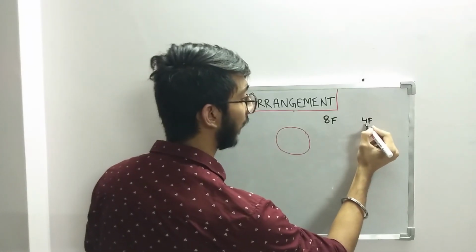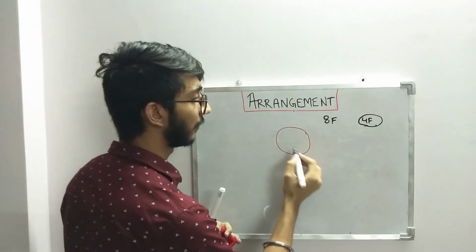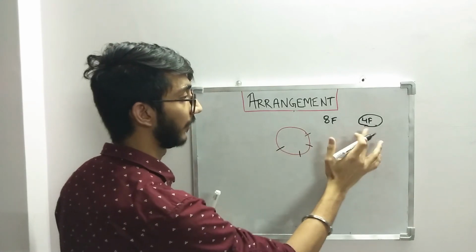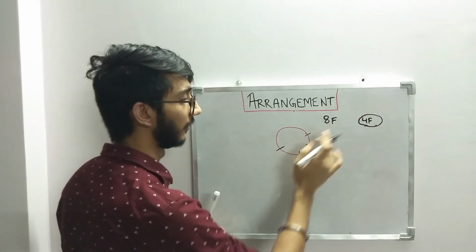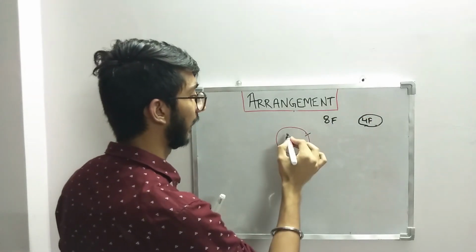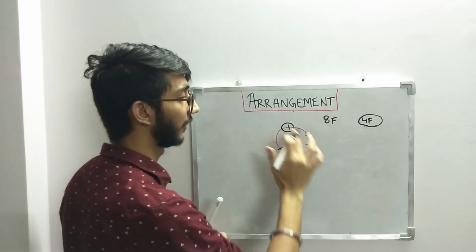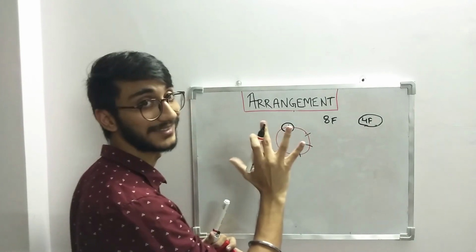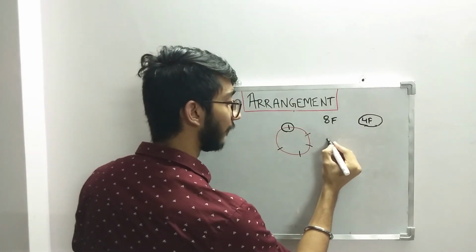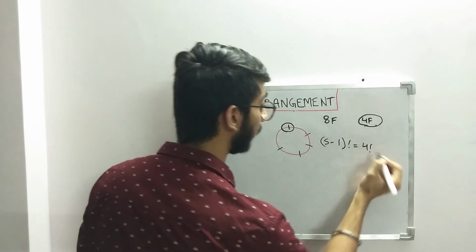Four flowers have to be together always, right? So again, if I draw the places, I will have 1, 2, 3, 4, because 4 have to be together, so left over are 4. So 4 will be here, the 4 places are for these different 4. And now I will have a separate place for the 4 who are together. So in total I have 1, 2, 3, 4, 5 places. Now these 5 places can be arranged in how many ways? 5 minus 1 factorial, that is 4 factorial.